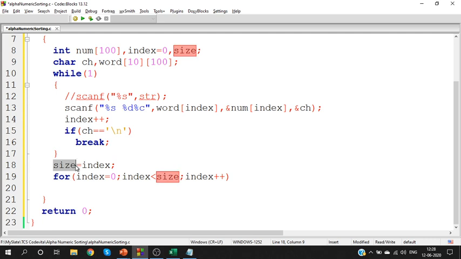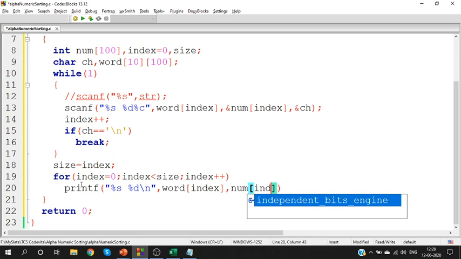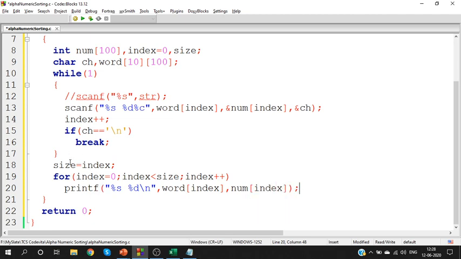We are just going to print it: printf word space integer slash n, word of index comma number of index. Is it clear for all of you? Getting the inputs and then I'm just printing the output. I haven't sorted it, just printing it for verification purposes.